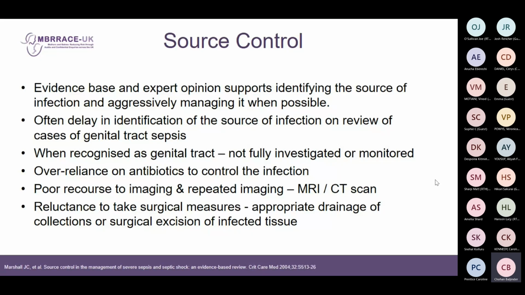I mean, this happens a lot of the time with tubo-ovarian abscesses, which I know I am digressing, but I don't know how much experience you guys have had already as ST1. Some of you have ST2s in the gynae world, where you have a patient that's just sat on the ward with a suspected or a known tubo-ovarian abscess, not getting particularly better. But we know that they can be surgically very difficult to manage, especially if the bowel's involved. You can get bowel resection and all that kind of stuff and cause more morbidity. But sometimes you just need to take that step and do surgery. And sometimes if you don't, it can be too late and you can maybe lose the window of draining that collection or whatever it was.